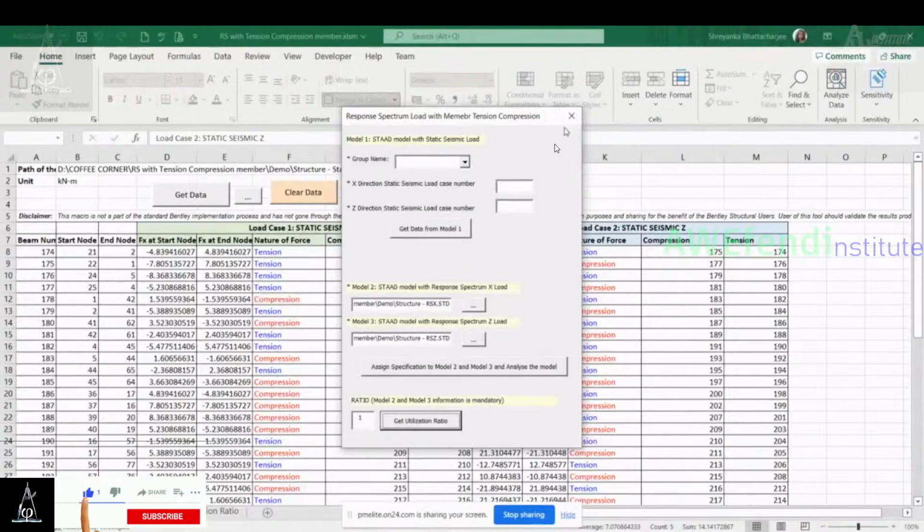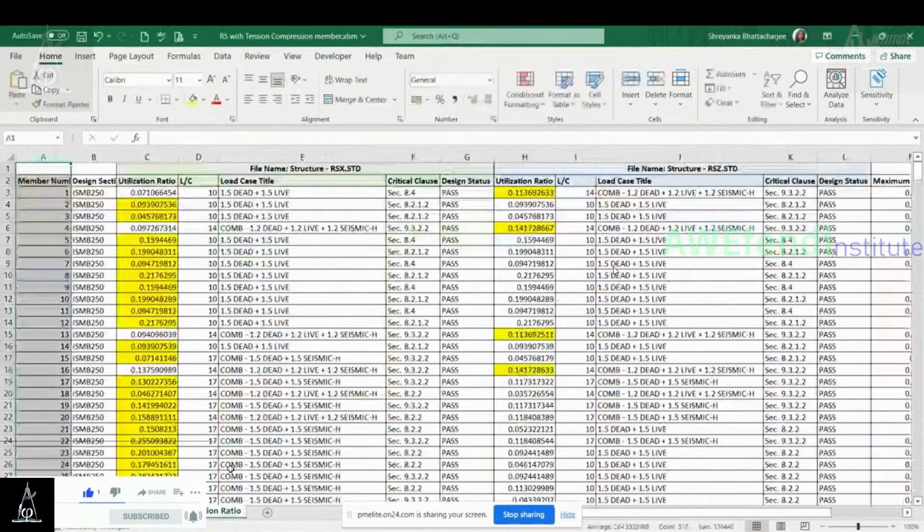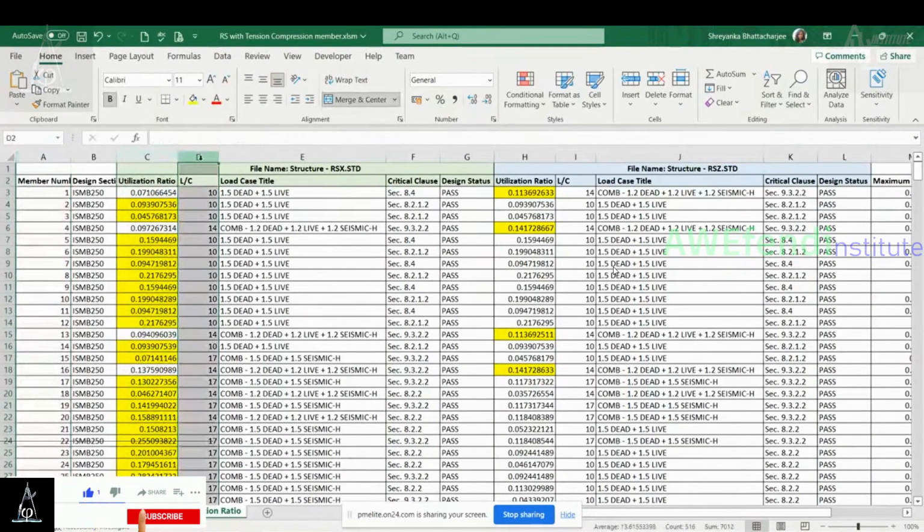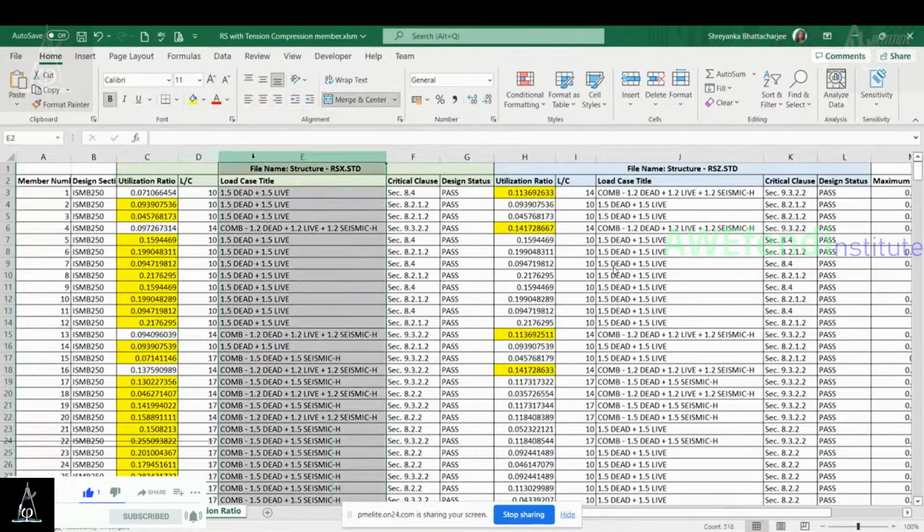In the third sheet, I have extracted the steel design result. First the member number, all the member numbers, then the design section, then the utilization ratio of all those members, then the critical load case number, then the corresponding load case title, then the critical clause and design status. I have done all this process for the two models, that is, with the response spectrum X and response